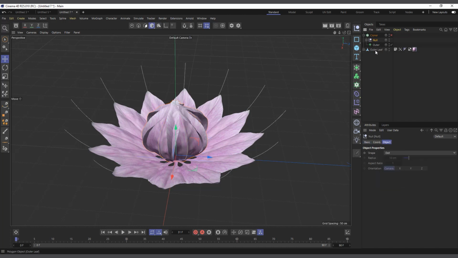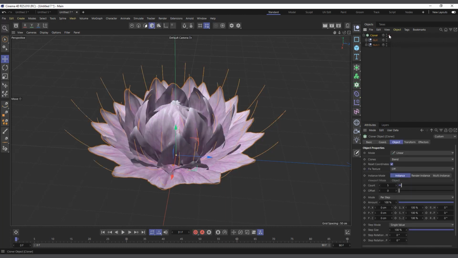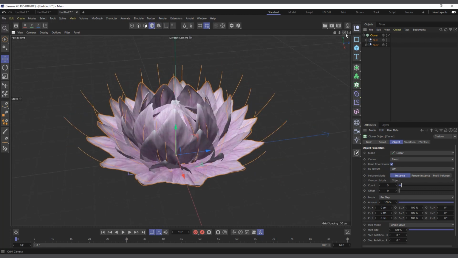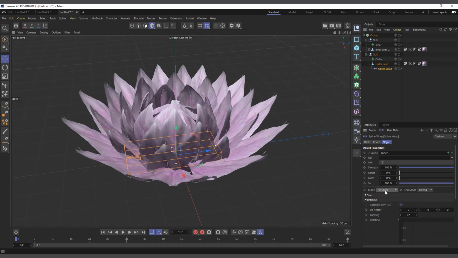them together, and I'll do the same for the outer leaf and the outer MoSpline, Alt G to put them together, right? And now it's all in the clone, right? So immediately when I enable the clone, you can see it's blending between the two. So I'll go into the outer leaf and the MoSpline. What I'll do is leave fit spline, and I'll reduce